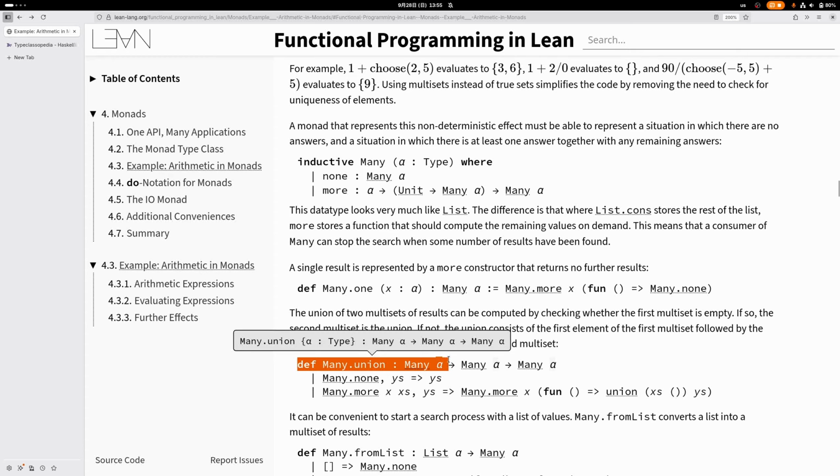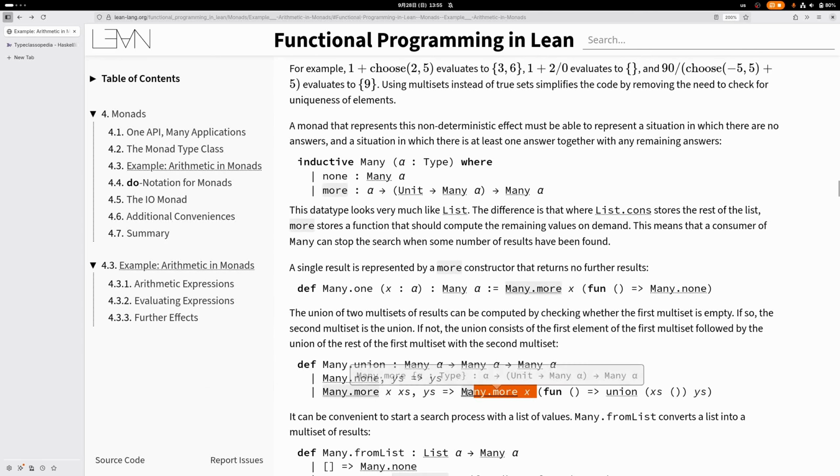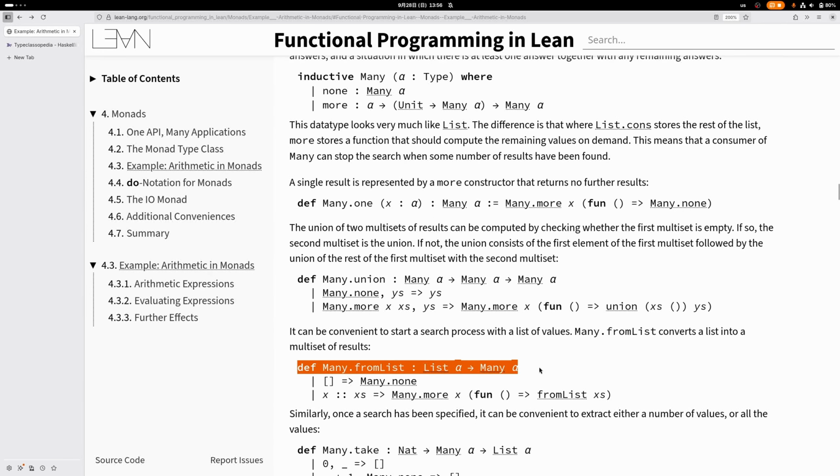Okay, and now we can also create a union of two manys, which I'm guessing will just be like prepending to a list. So we get the head of the first element if it's not empty, and then as the tail, we call ourselves recursively. And the reason we have to pass this unit type here is that this is the callback or the thunk that produces the rest. So basically at this point we're just simulating lazy evaluation,